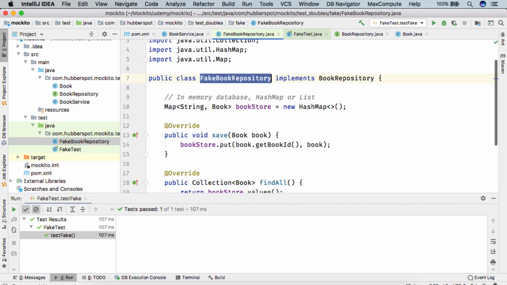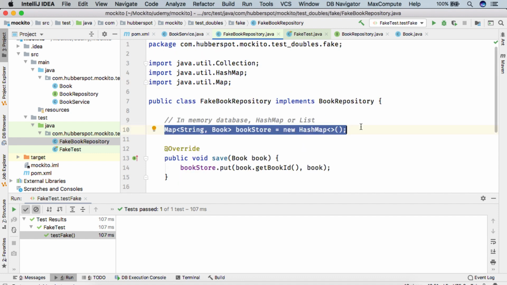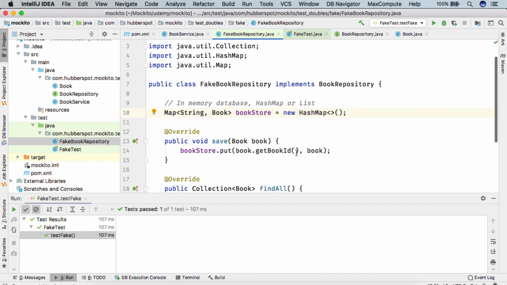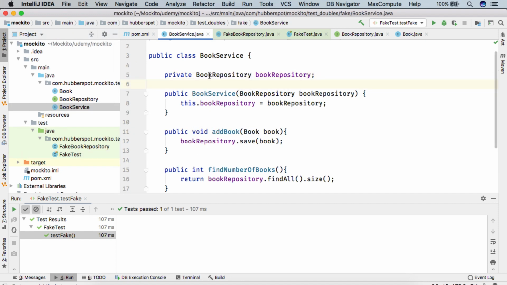So this fake test double helps us in creating a fake implementation of the external dependency which we can't test via unit test. It actually creates a lighter form of the external dependency. So in this lecture we saw how we can create a fake test double without using Mockito, which helped us in testing the book service class which depended on the book repository which communicated with the database. So friends, I hope you like this video. Thanks, have a nice day.